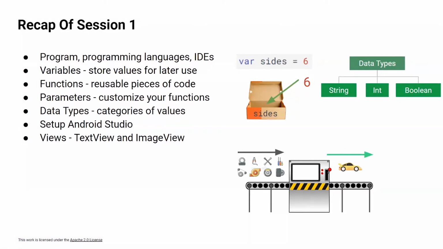An example, here's how we declare a variable, which basically means we tell the program that we'll be using a variable like this. This is how you do it in Kotlin. So this reads var size equals 6, which basically means you have a value 6. And you'll keep using it throughout your program. So what you want to do is give a storage container and say that this contains the value 6. And wherever you use the term size, the value 6 will be used. It's kind of like taking a box with a name and putting a value in the box.